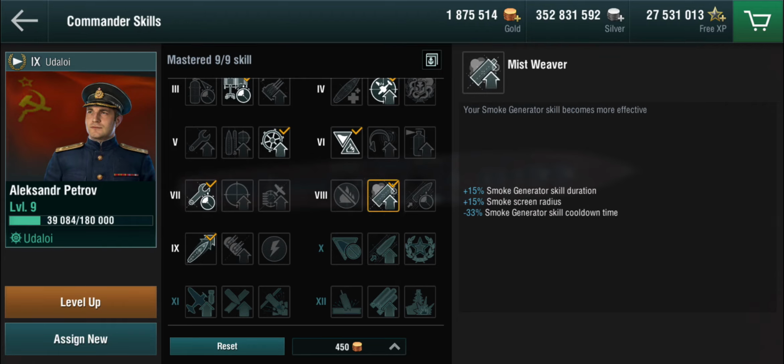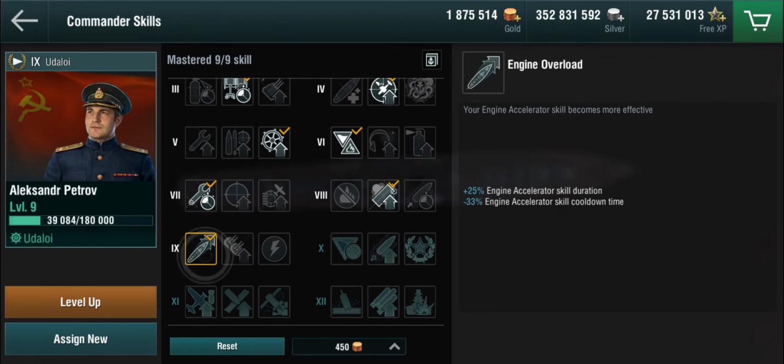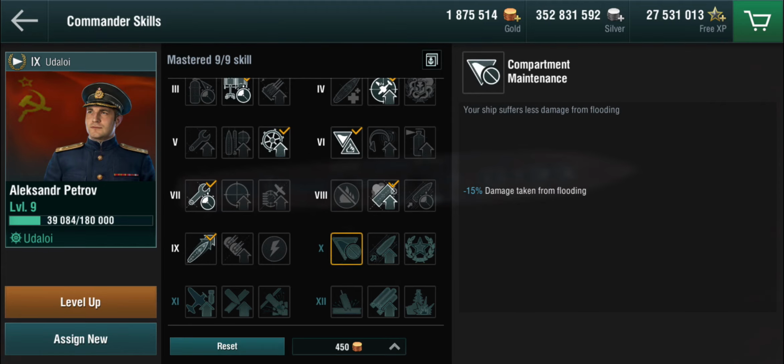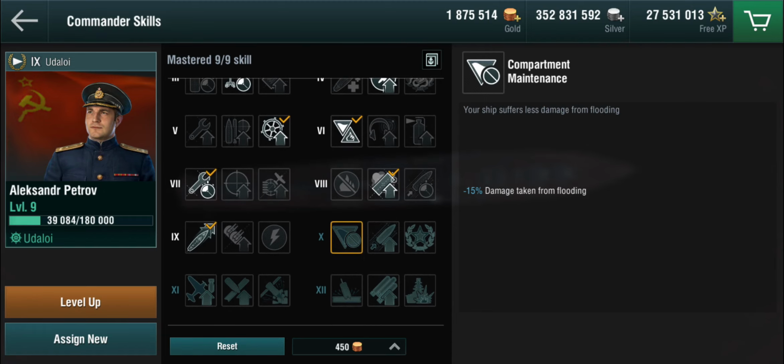You do want the Mistweaver because you get better smoke, and you do want the engine overload for a better engine boost. You don't need the master reloader, so you may as well use Honor Seeker because I don't think compartment maintenance is going to be doing you a huge amount of good, but if you're flooding frequently, that might be a thing. And down the road, IFHE would be the recommended skill probably because the high explosive shells are